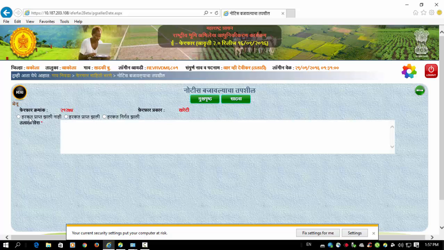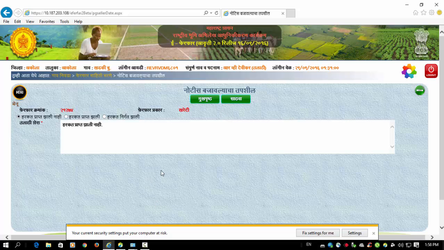If objection is not received from any of the customers or the users, then we will go for हरकत प्राप्त झाली नाही and we will select it. But this process requires some time. After serving this notice, if objection comes, you have to write it. Now this completes the total mutation process of the Talati login.